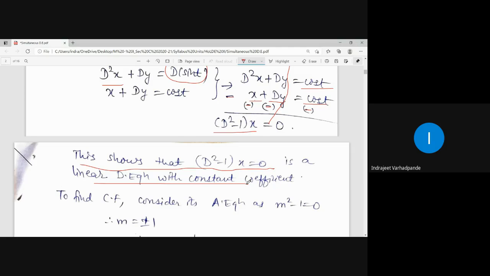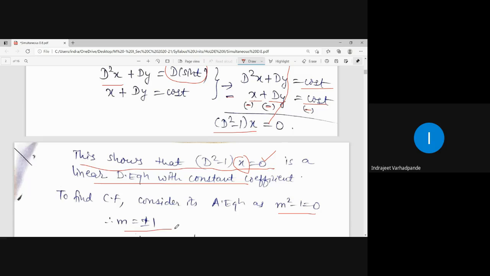Now I know that whenever a higher order differential equation is there, its solution is given by CF plus PI. What is the dependent variable over here? If you observe, the dependent variable is x. What is the RHS of the given differential equation? 0. Do we need to calculate the particular integral? No, sir. Only the complementary function will give you the solution of this differential equation, right? So for the complementary function, what is to be done? We need to calculate the auxiliary equation. What is the auxiliary equation for this? M square minus 1 equal to 0.